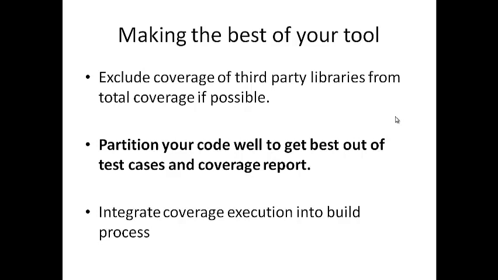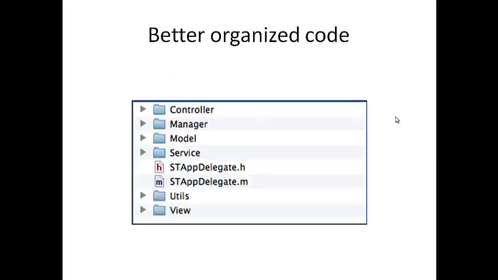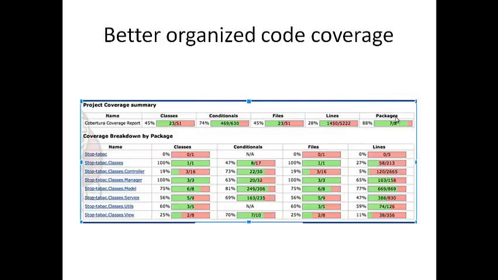In order to achieve best results in such a scenario, developers should structure their project into packages such that each package represents a layer. Such a structure is meaningful for day-to-day work as well as code coverage analysis. A figure showing an example of ideal code structure is here. It has the controller, manager, model, service, utils, view as separate packages. Its corresponding code coverage report is shown here, which helps you determine the type of test effort to be put in for each layer. In this way, developers can quickly check that sensitive application layers like domain, model, service, utils in the above example are rigorously tested.